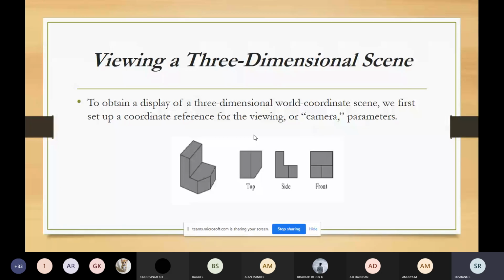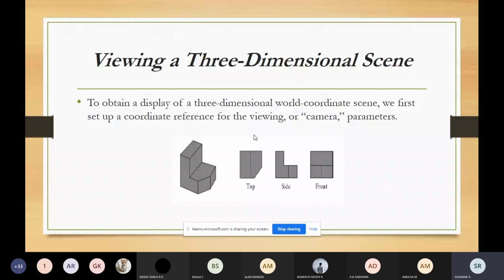The next thing, you can see this image. The left hand side image is the original one.